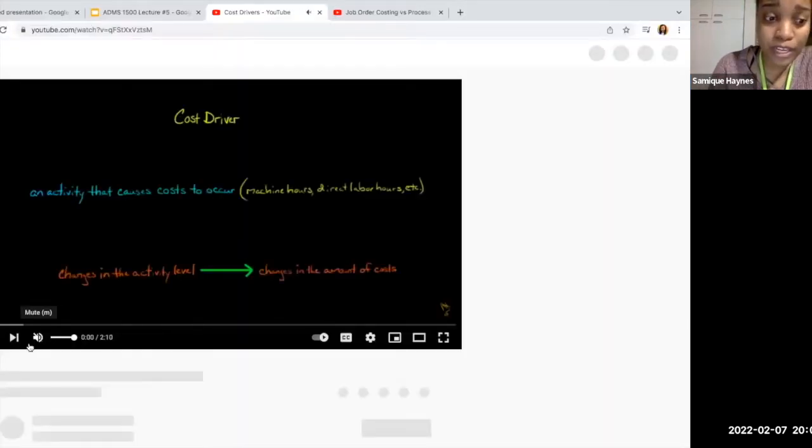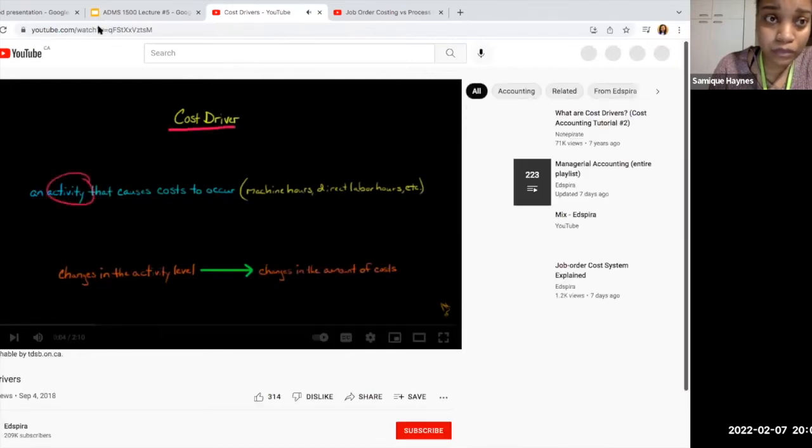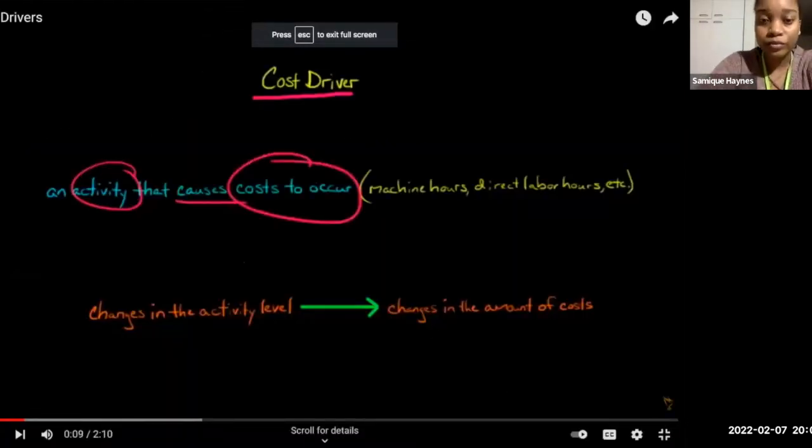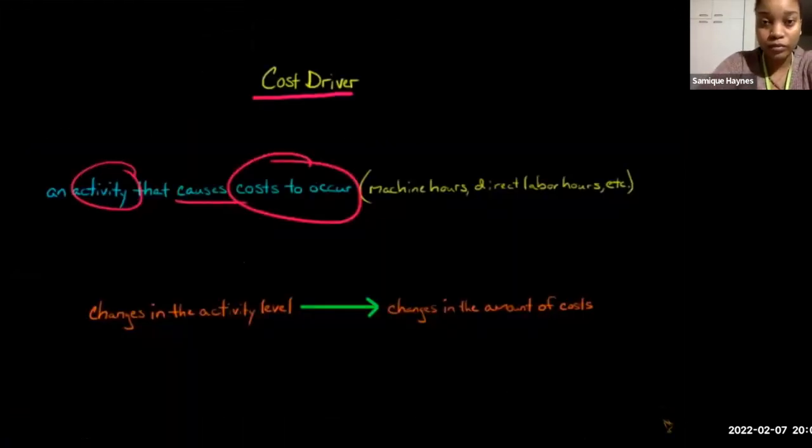Just to reiterate what I just said, we're going to discuss cost drivers. So a cost driver is just an activity that causes cost to occur. So if we're thinking about an ice cream store, the more ice cream cones that they make, the more costs that they're going to have, right? Some common cost drivers that you'll see in practice are the number of machine hours. So if you think about running a machine for 10 hours and you have a certain amount of cost, if you were to run the machine for 1,000 hours instead of 10 hours, you probably have a lot more maintenance costs and so forth. So therefore, we'd say that the number of machine hours could be an important cost driver,